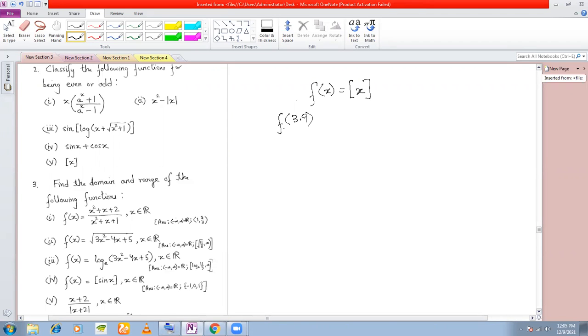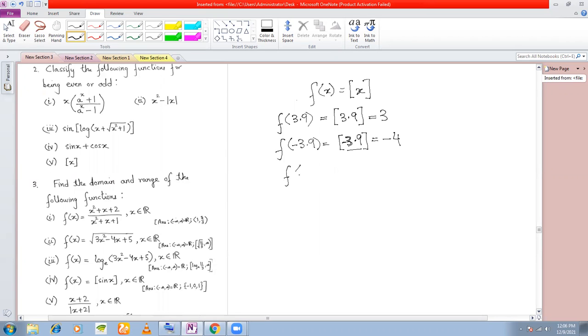Okay. Now, if you remember, f is equal to greatest integer of x. So f(3.9), suppose if I want to find out, then how do I find out? It is the greatest integer of 3.9. And what do we do? If this number is positive, we take it as 3, right? And now suppose if I want to find out f(-3.9), how do we find this out? Greatest integer of -3.9. If this number is negative, after -3, we take the next integer, which is -4, right? That's what I had told you.